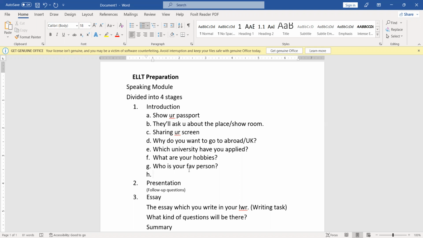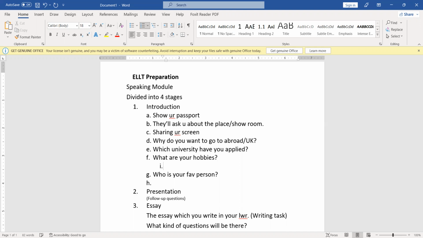In my first exam, the examiner asked me why I want to go to the UK, why I prefer the UK over other countries like USA, Canada, or Australia, why I selected this subject, digital marketing, and what about my university, where the university is located. She asked me these four to five questions, and about my security check, passport check, and other things.